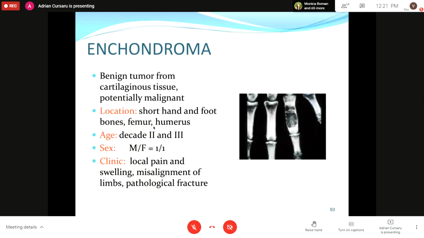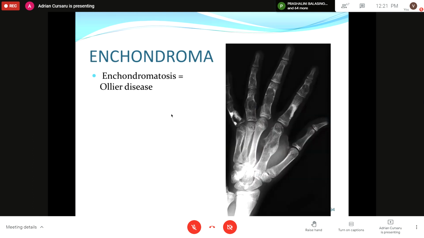Okay, another type of benign tumor is represented by enchondroma. The localization could be anywhere, but in most cases it is localized on the short bones of the hand and foot, though it could also appear on the femur or humerus. It doesn't have a predilection for male or female, it is equal. And there exists a